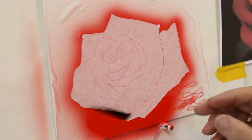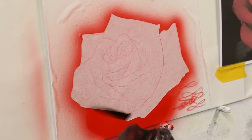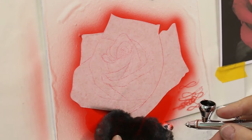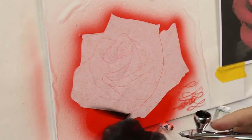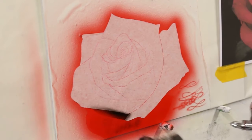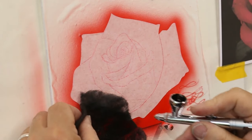Now as we do the rose and we put our shading black in, we can use a mottled effect to give you a bit of texture. You don't have to, you can keep it all very smooth looking. It's what you want out of your rose. So I'm going to use a little bit of texture here. I'm just spraying through the texture ever so lightly, and I'm creating a bit of texture to the rose. I'm not going heavy, I'm just allowing it to shade it a little. Okay, so I'm just adding a little bit of texture, not a lot,